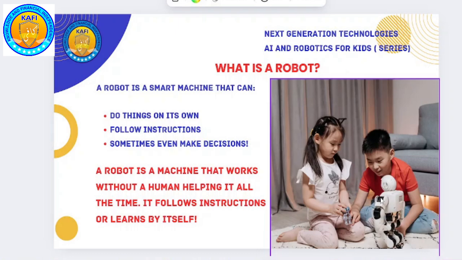We can instruct the robot. So if we have a robot in our home, we can tell him, okay, Mr. Robo, please get the cloth from the washroom at 10 a.m. in the morning, clean them, wash them, dry them, then iron them, then put them in my cupboard. Yes, a robot can do that. That's why we want to make a robot, so it would do all the things by itself.